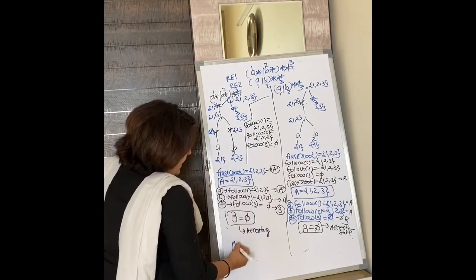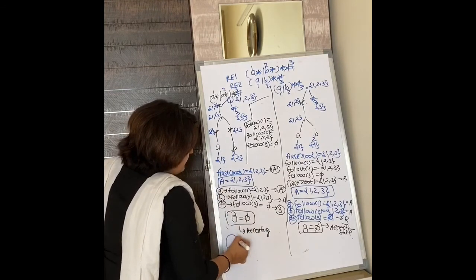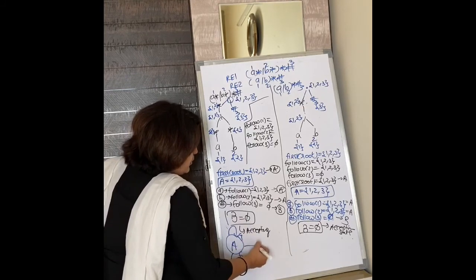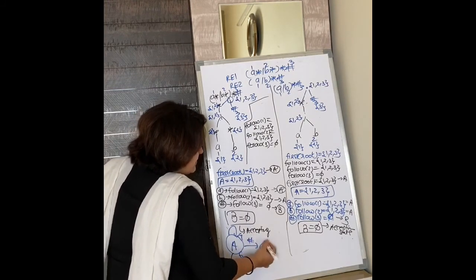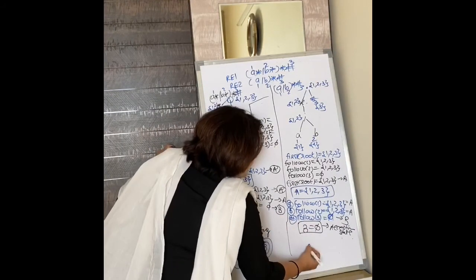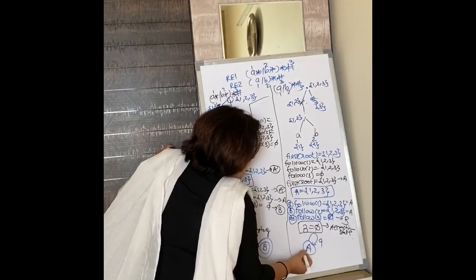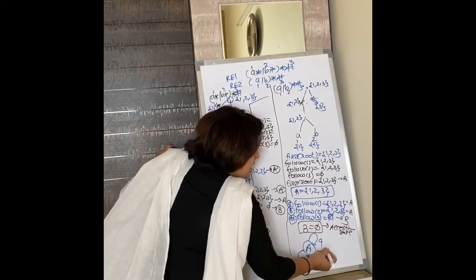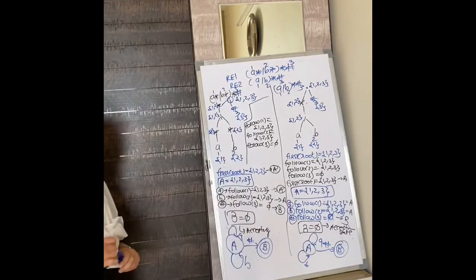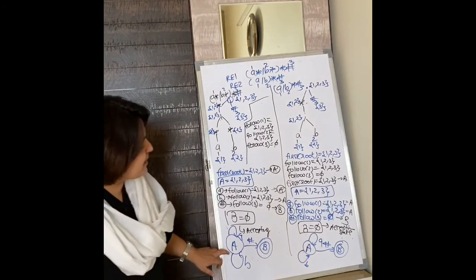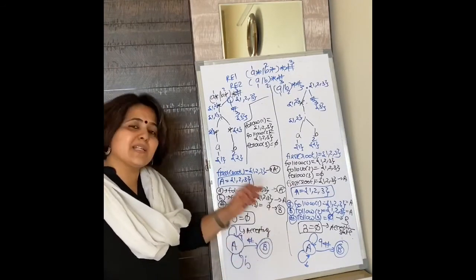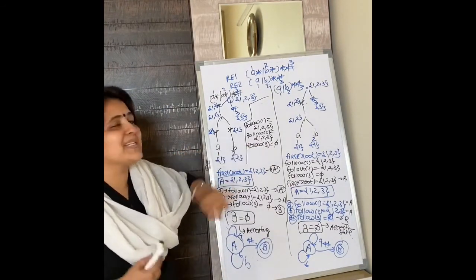So from capital A, if you input small a, you will reach to A. If you input small b, then also you will reach to A. And if you input hash, you will reach to B, which is accepting state. See? And here also what is going to happen? For capital A, if you input small a, you will reach to A. If you input small b, then also you will reach to A. And if you input hash, then you will reach to B, which is accepting state. See? So what is happening over here? The DFAs for both are same. See, observe. The DFA for both are same. And hence you can say that both of the REs are equivalent.